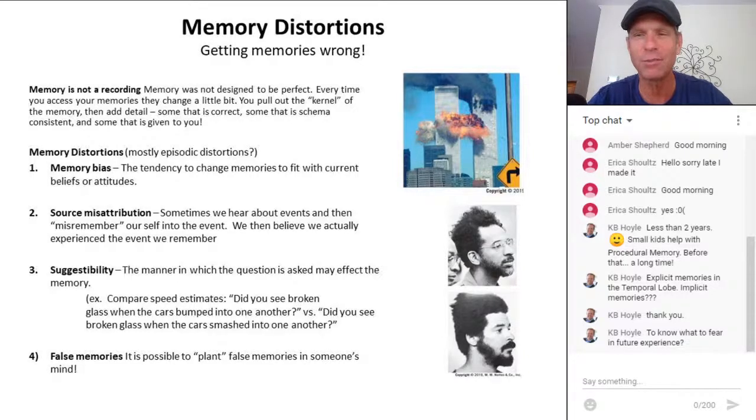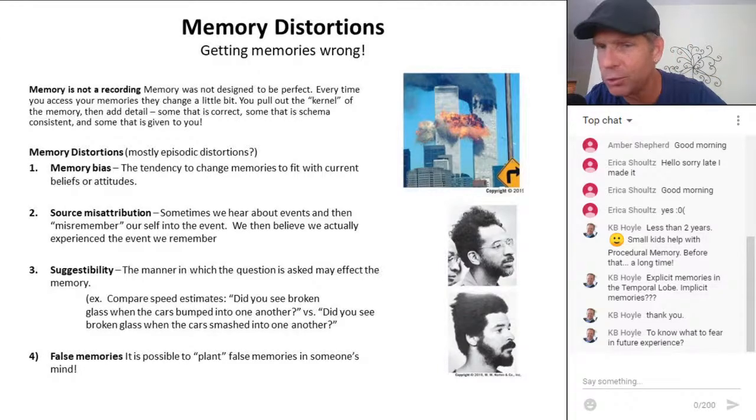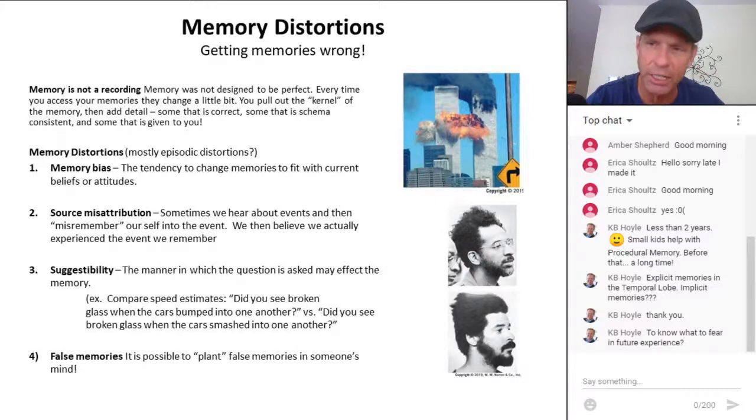No memory is ever set in stone and stays the exact same, unless it's that one memory that all you do is think about it day in and day out. But most every memory you have is distorted every time we bring it into our conscious awareness. So every time I think about my senior prom high school year, every time I bring that memory up, my girlfriend's dress changes just a little bit.